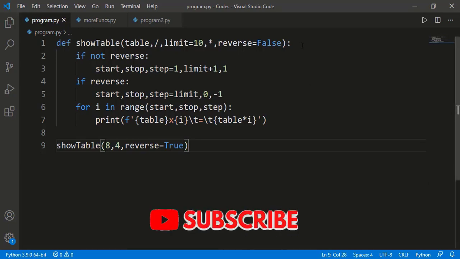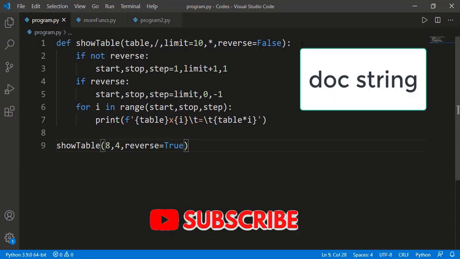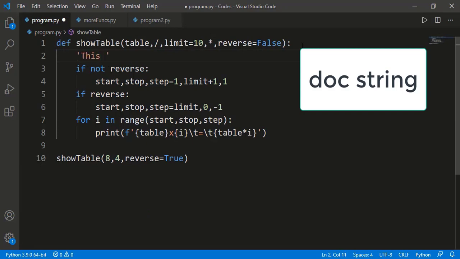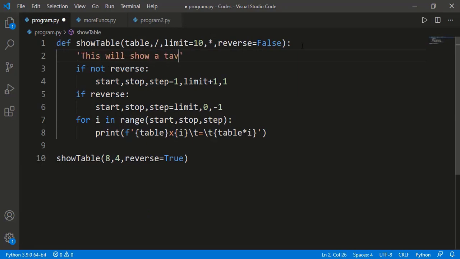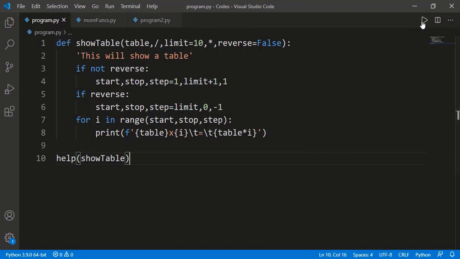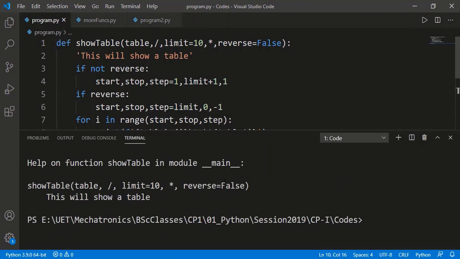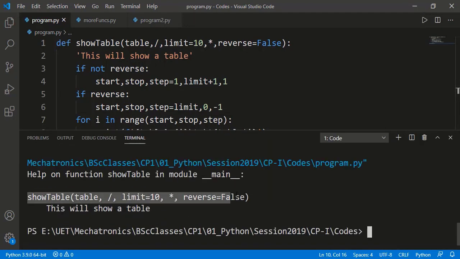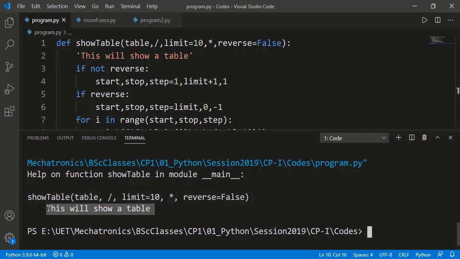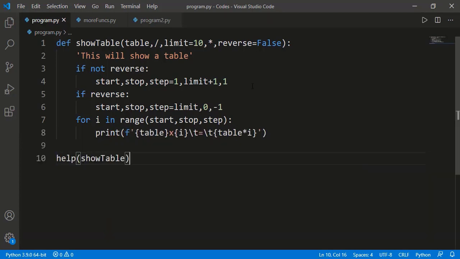One more thing I will show here is the doc string for a function. In the first line of the body of any function, we can write the description of the function as a string. So if we apply the help function on our created function, you can see the signature of the function and then the description of the function which we specified as the doc string.